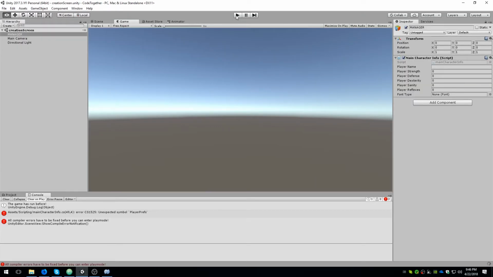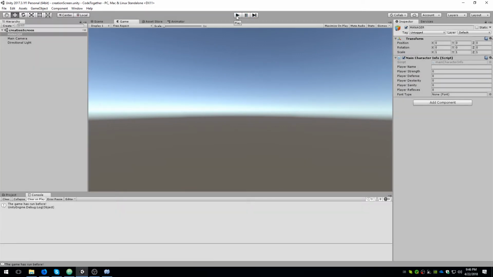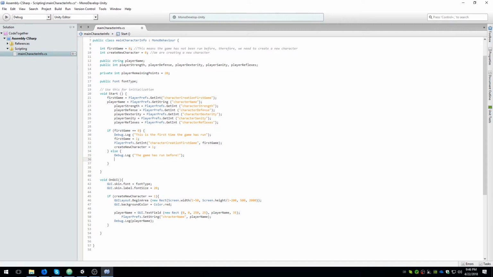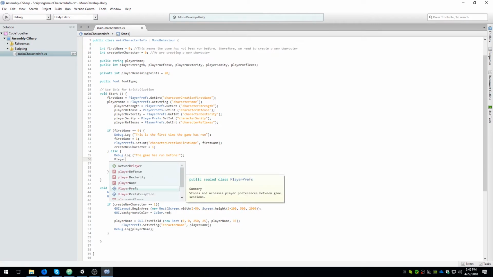Let's go back to Unity. This game has run before. Oh, so now we're running into a problem where the game has always run before and we can't trigger the script. So how do we do that? We need to just reset everything. I don't want to delete all of our player preferences because that's kind of bad practice. So I think the best thing to do is just reset name and all that good stuff. So we just do PlayerPrefs